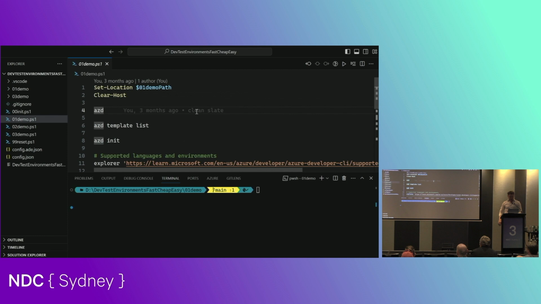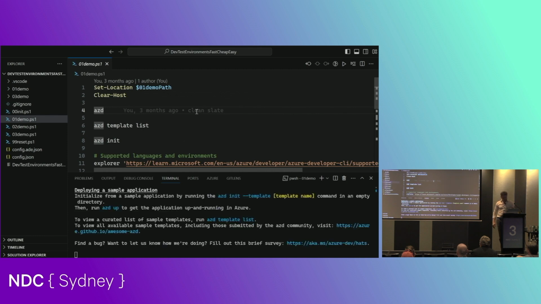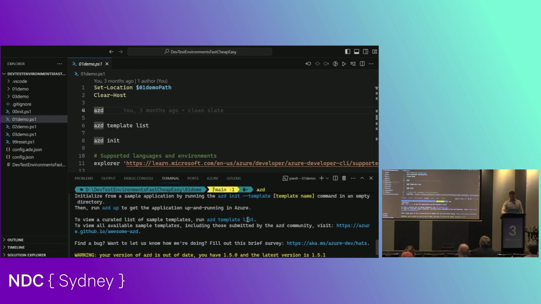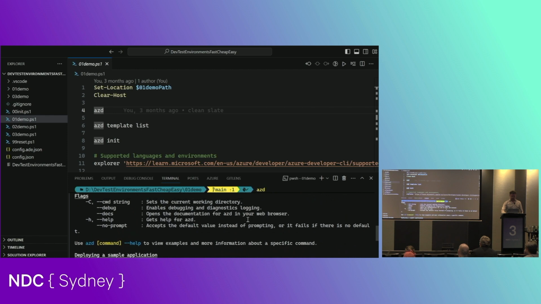When I run AZD on my command line, it comes back and tells me that I have an out-of-date version. That's on purpose, because I was told there was some kind of regression, and I was advised to go back to this version for now. Anyway, not the point. AZD is a command line tool installed here on my machine, with which I can list